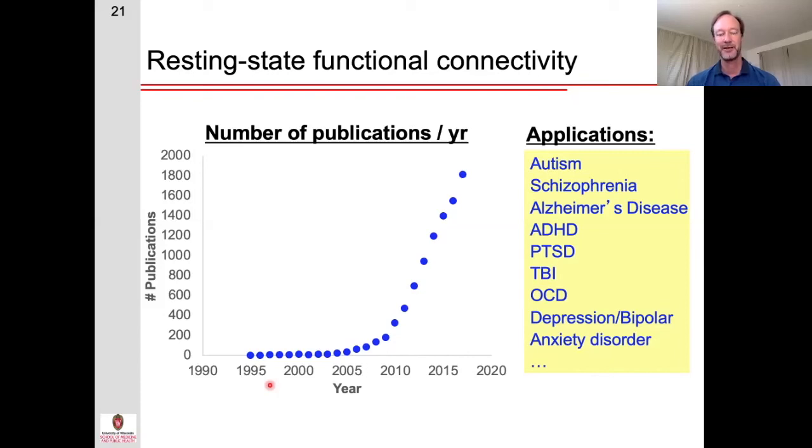And so, for someone to come along and say, well, we can also not do a task at all, we can just look at these spontaneous fluctuations, there was a lot of skepticism initially in the field. And so in these first 10 years, there was a lot of really good, solid foundational work being done to demonstrate that this resting state functional connectivity signal really is real, that it is really neuronal in origin and reflecting these spontaneous neuronal fluctuations.